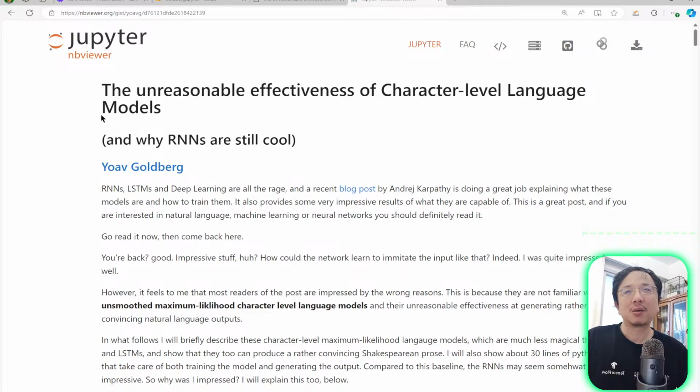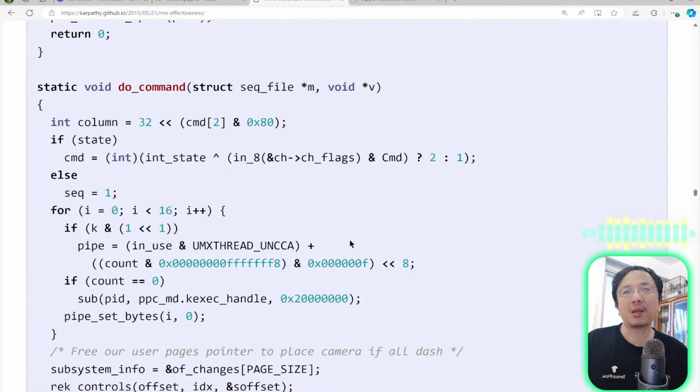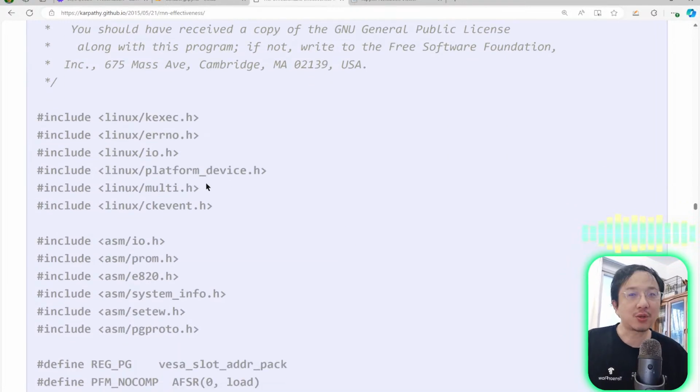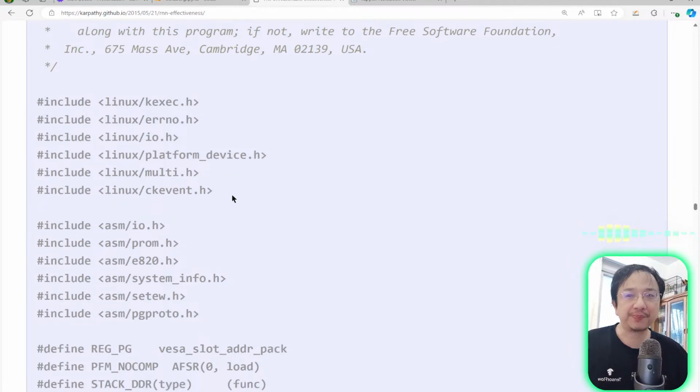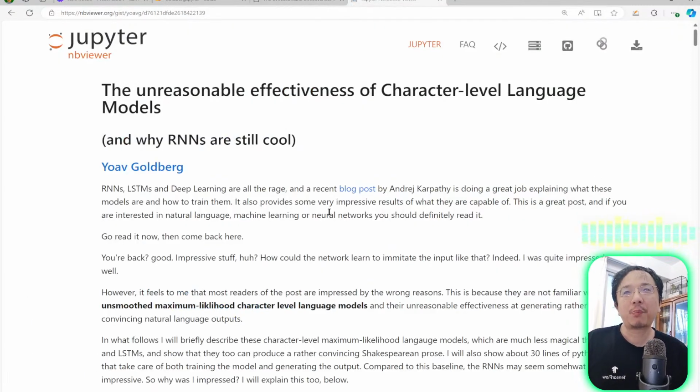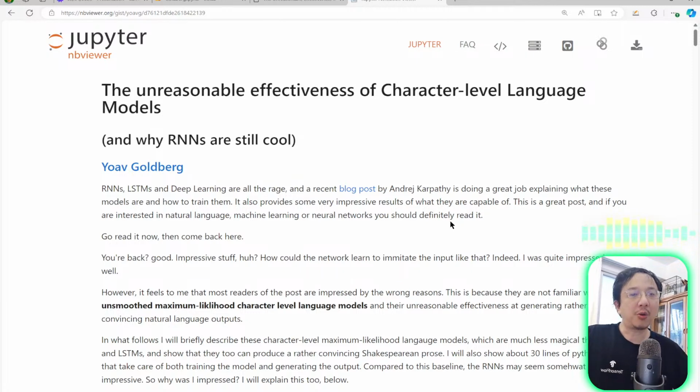But in this blog post, the author believes that the power, the magic of the things we just saw here, some source code generated by the LSTM recurrent neural network, looks amazing. But they also believe part of the magic is because of the autoregressive model itself, not depending on the neural network, but still